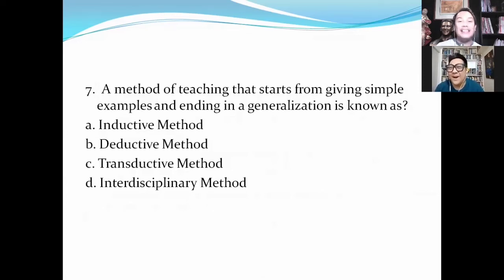Pasok ba ako, sir, dyan? Pasok na pasok, 100%. So, pag sinabing inductive, I always teach this to my student. Pag inductive, in your head, imagine a pyramid. The pyramid starts from a small point and it ends with a big line underneath, di ba? So it means when it comes to teaching, using the inductive method, you start from simple, then you end with big. Example,